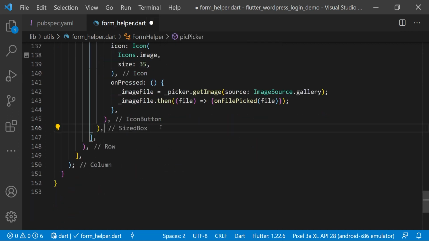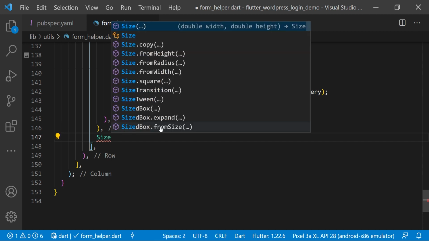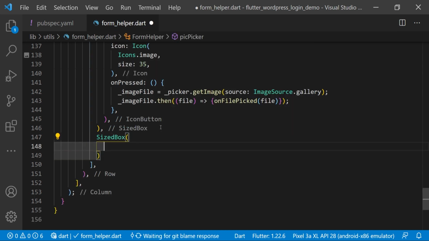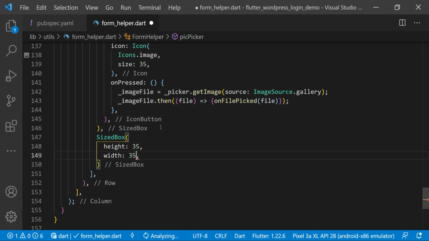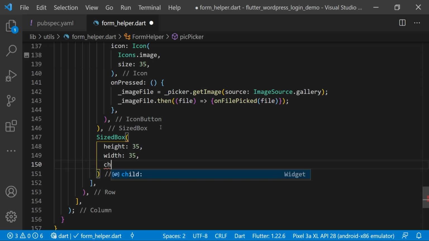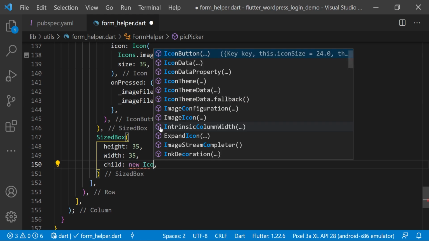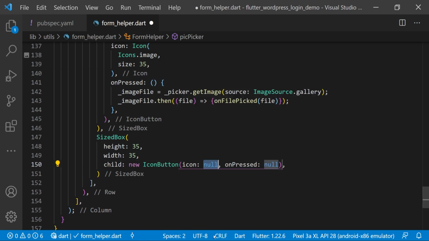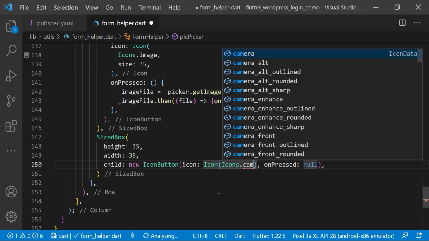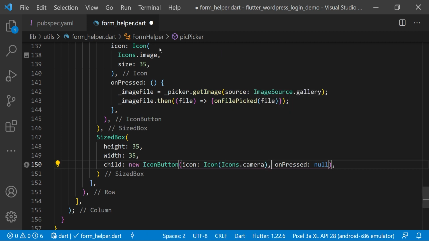Then we will create one more SizedBox, and here also height is 35 and width is 35. Then we have the child here, and here we are using the IconButton, and the icon we are using here is Icons.camera. Then we have the onPressed event here,